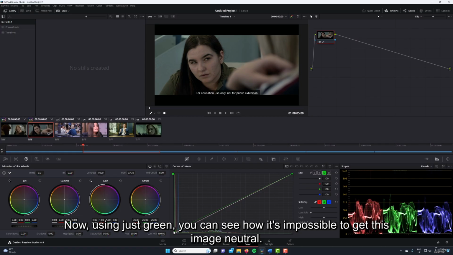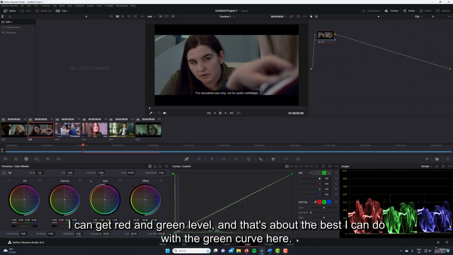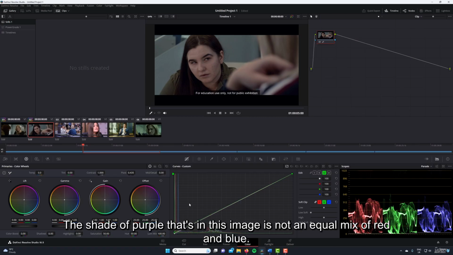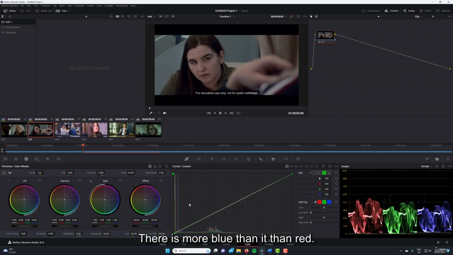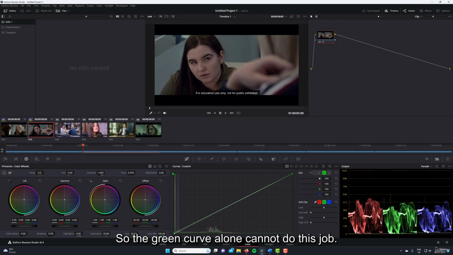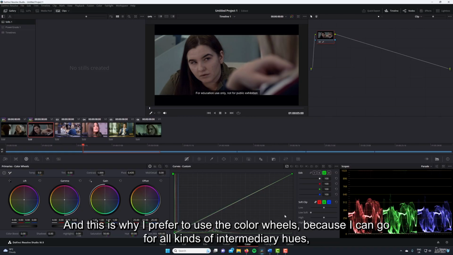Now, using just green, you can see how it's impossible to get this image neutral. I can get red and green level, and that's about the best I can do with the green curve here. The shade of purple in this image is not an equal mix of red and blue. There is more blue than red, and the scopes back this up. We can see when we balance green and red together, blue is still too high. So the green curve alone cannot do this job,